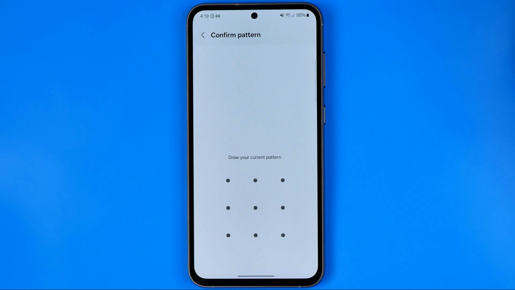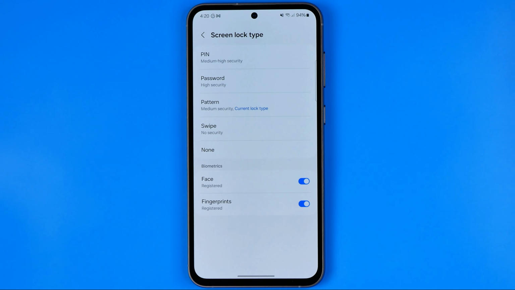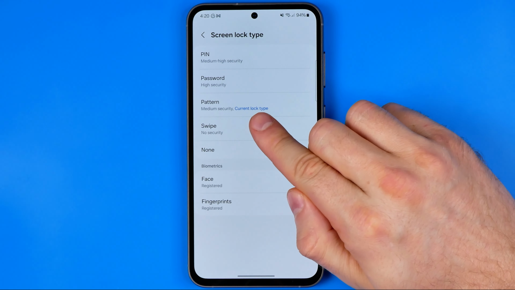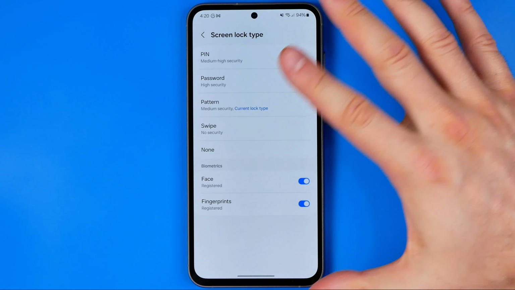Now I'm gonna enter it. On that step, it will ask you to confirm the pattern or enter your PIN or password, and after that you will be taken to the page where you can set your current lock type. As you can see, my current lock type is a pattern, and then if you would like just to, let's